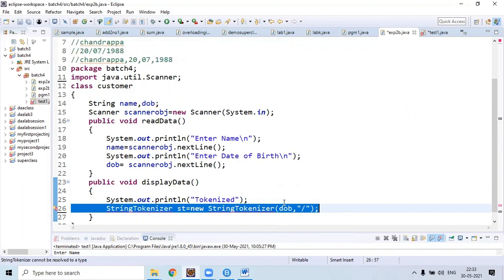So here DOB contains two slashes, so we will get totally 3 tokens. All these 3 tokens are stored in object st. Then next we need to take tokens one by one. Then we need to display information in this particular format. So in order to display information in this particular format,